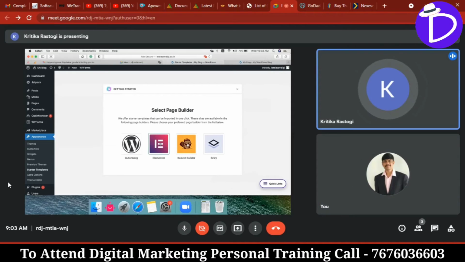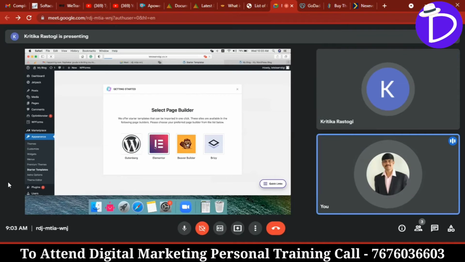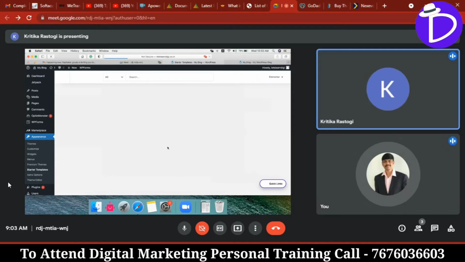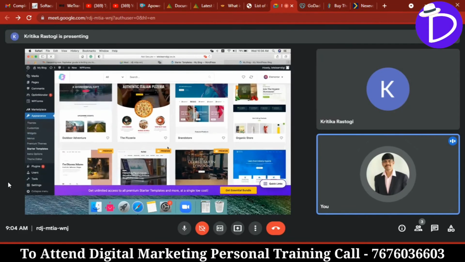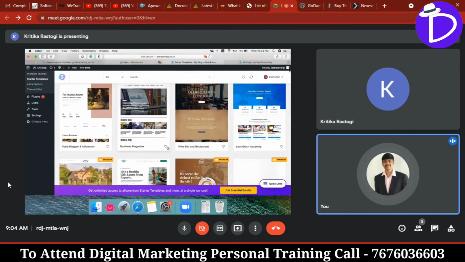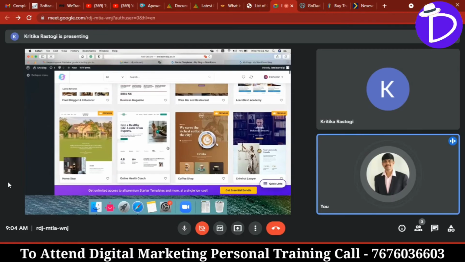All the themes are the same kind of thing, or all the names are different? Every theme is different. This is like a theme for the Astra. Some themes will not come with the templates, remember. That's why I told you, whenever you get free time, try to install new themes and new templates. You will get an idea what you mean by theme and what you mean by template.